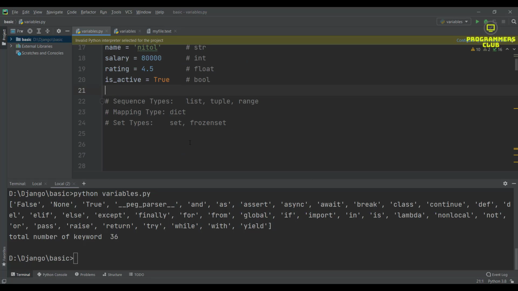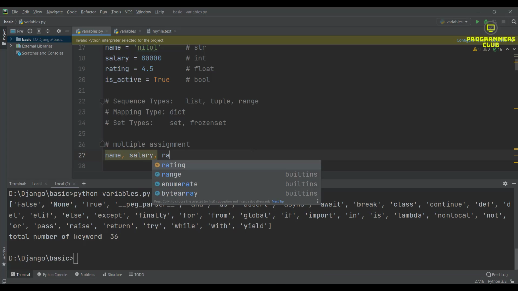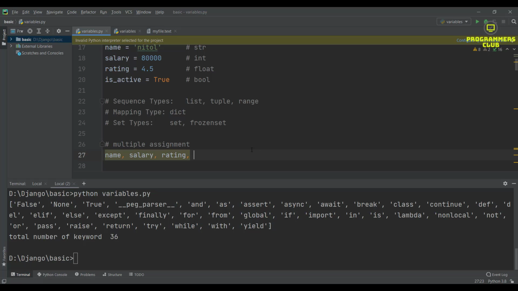We can also do multiple assignment. So I want to write name, salary, rating, and also is active, and then we can set all of these with parentheses.